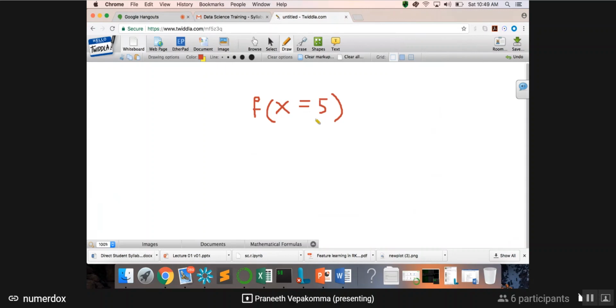Now x could have been anything else. It's a function of x that can take different numbers, and its output is going to be a probability. It will give you an answer between 0 and 1, one number between 0 and 1. Right? So this is a probability distribution function. This is known as a probability density function. F, that's the name of this function.